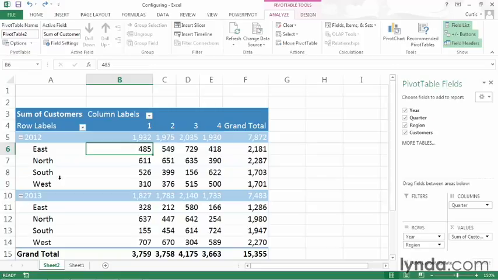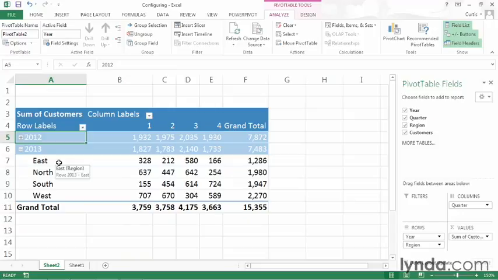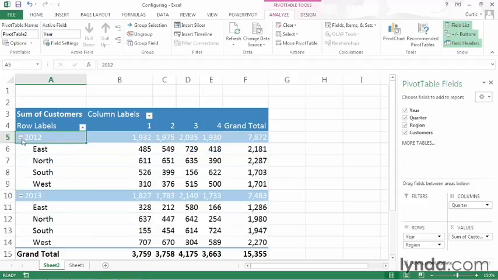And the reason that they appear for 2012 and 2013 is that you have rows of detail beneath it. So you have, in this case, regions, east, north, south, and west. If I were to click the Hide Detail button next to 2012, then Excel updates the pivot table to show only the total for 2012. And you'll also notice that the Hide Detail button is now a Show Detail button. It went from having a minus sign to having a plus sign. So if I want to show the detail, all I need to do is click that button,